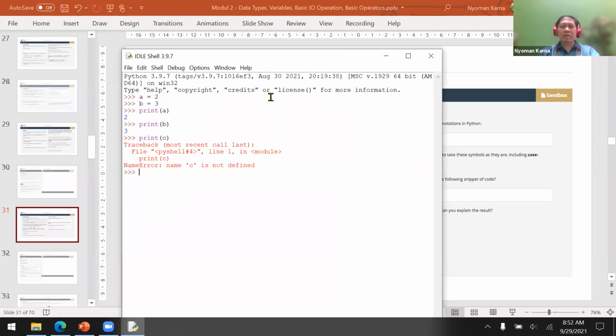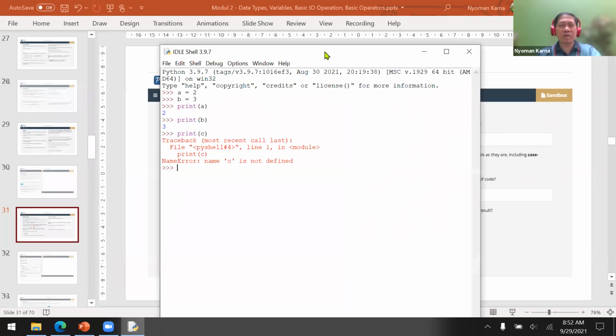Okay, now back to our Python. In Python, we don't need to compile the program. We just type the program and then run, just like this. So that's why in C language, we need a process called compile. But in Python, we just use the interpreter. The same thing is true for PHP, the hypertext preprocessor. And then we also have MATLAB. For example, if you use MATLAB, it's the same thing as Python. Just type the program and then run.